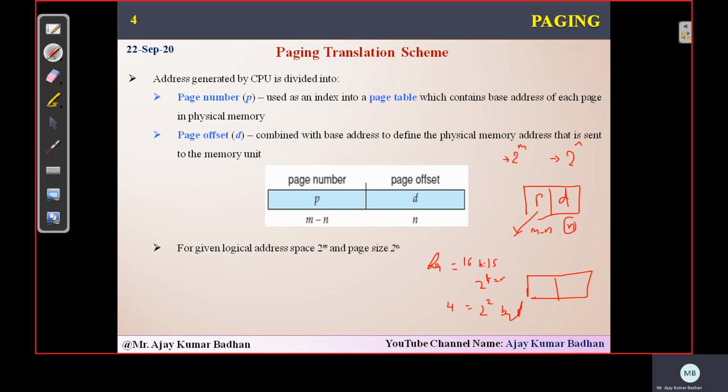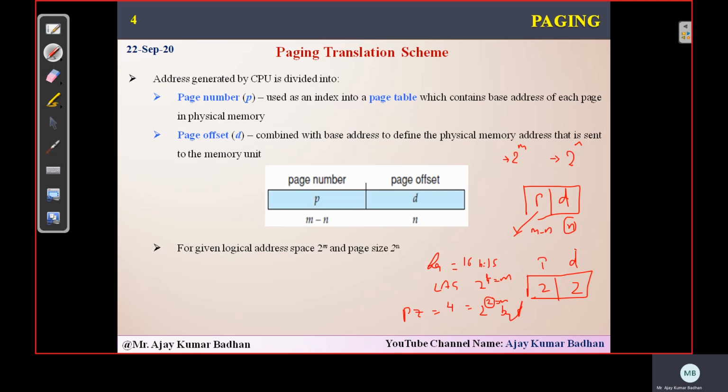So here this represents your m, because this is the logical address space, and this is your page size. So here this is m, this is n. So 4 minus 2. So 2 represents your page number. And what about the displacement? The n represents the low order bits, that is nothing but 2. So this is your displacement here.